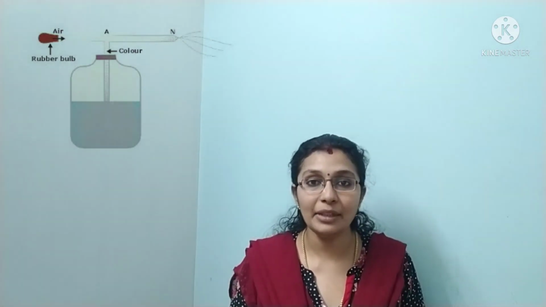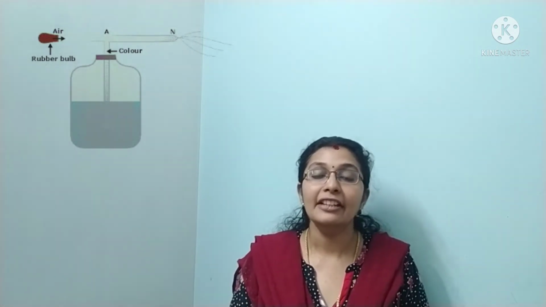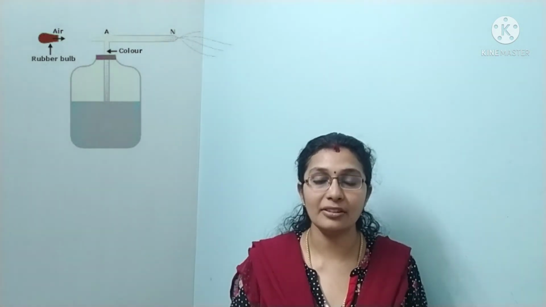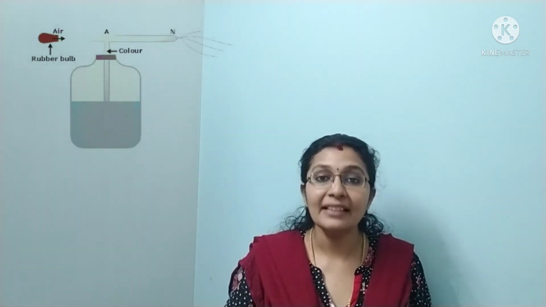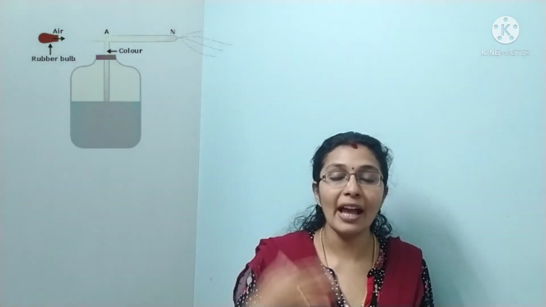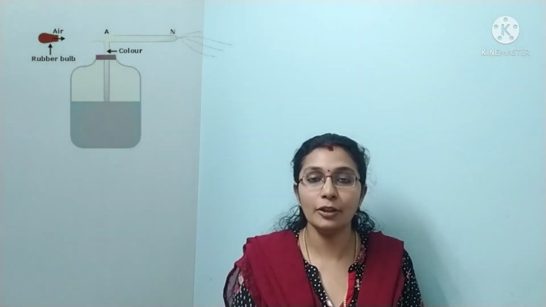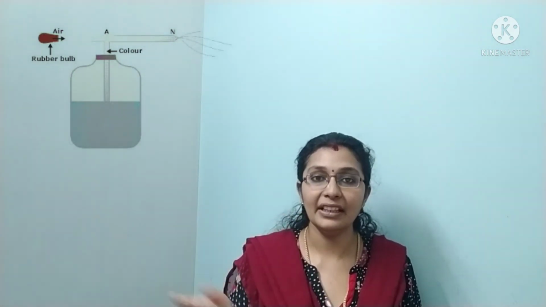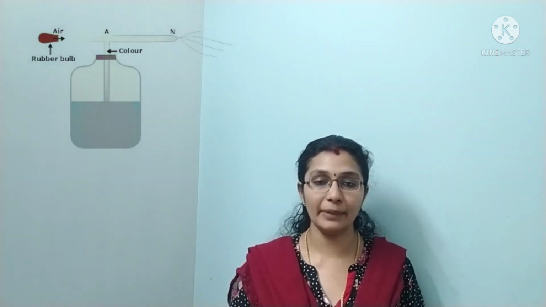At the same time, at the bottom part where it contains the liquid, it is of high pressure and low velocity because the movement of air is less, right? So when you press, there is a difference between these two pressures, right? The low and high pressure creates a lift which causes the liquid to move through the tube, and finally the air and the liquid move together and thus come out as spray.